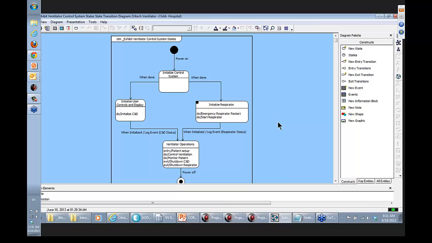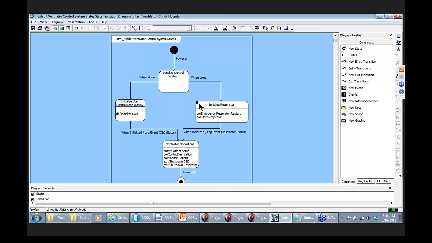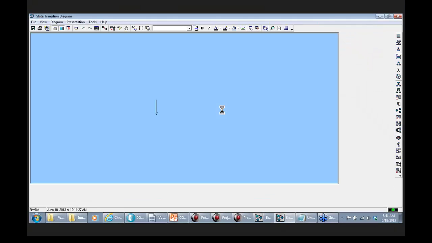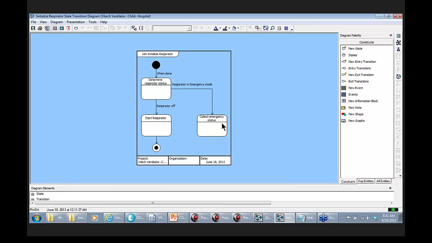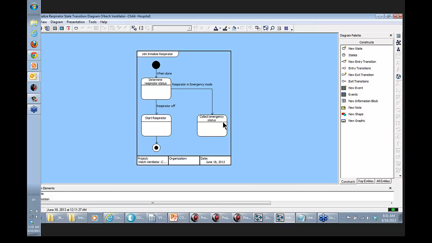We've greatly enhanced the state transition diagrams inside of Core 9, and it's really nice. It has all the standard capabilities that you would expect. This little dot here means that this is hierarchical. I can go into the substates associated with that, and I can actually build out this model. I'll go ahead and do that now. What this model shows is that